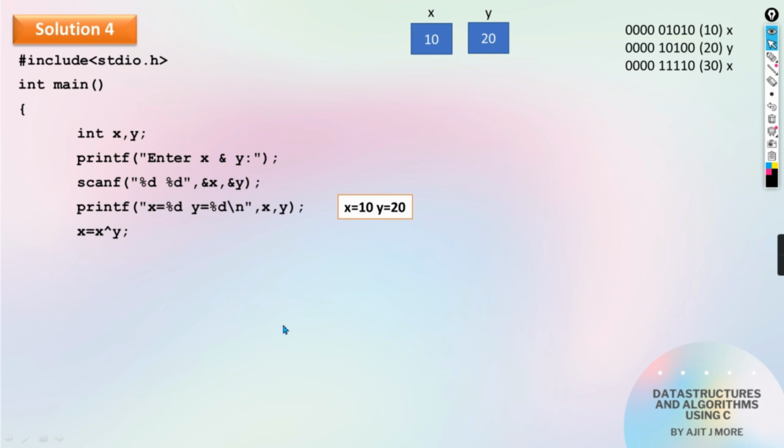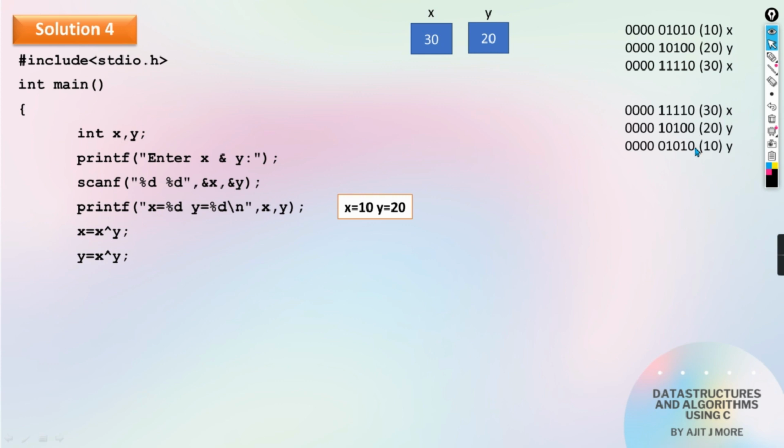Next step, we will again do x XOR y, but store it in y. Again x XOR y, but the x we take is the new result x, and y. So after this first step, this is your x, 1 1 1 1 0. Y is still 1 0 1 0 0, because y is not yet changed. So y is still the old one, but x is the result of the previous step. Again do the XORing.